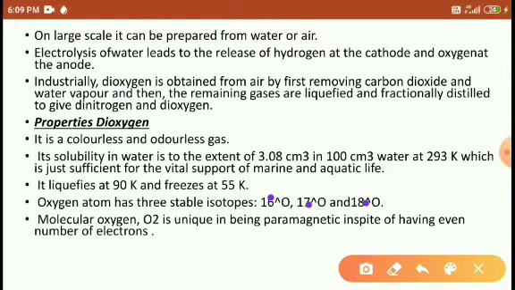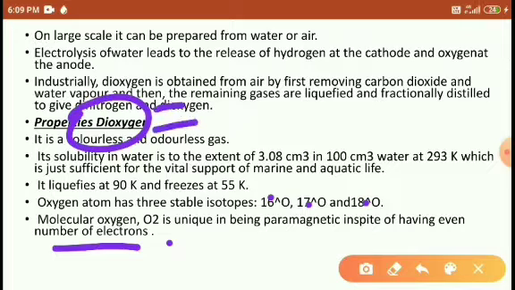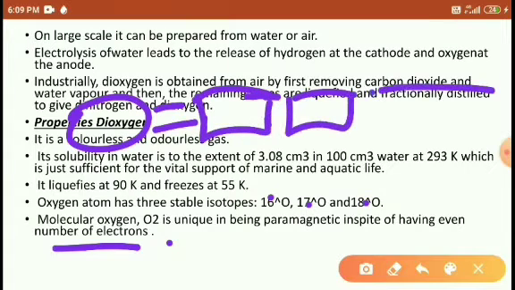Molecular oxygen O2 is unique and paramagnetic in spite of it having an even number of electrons. So O2 is paramagnetic in nature. Why is it paramagnetic? Because oxygen has the configuration 1s2, 2s2,